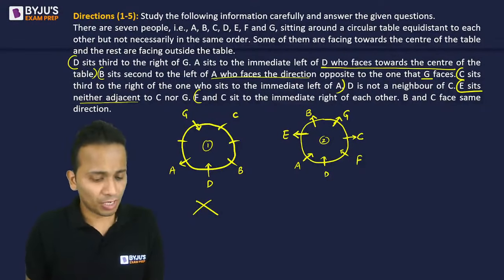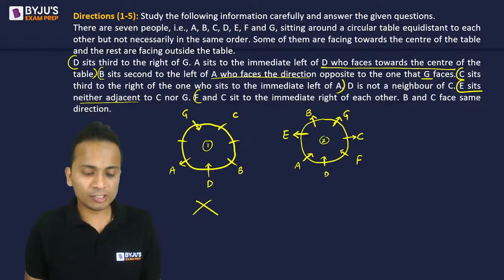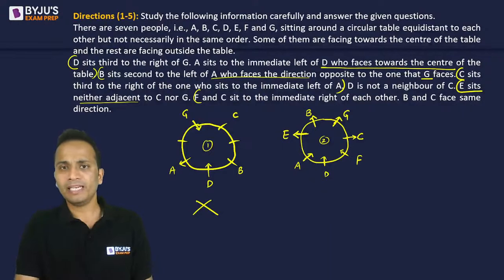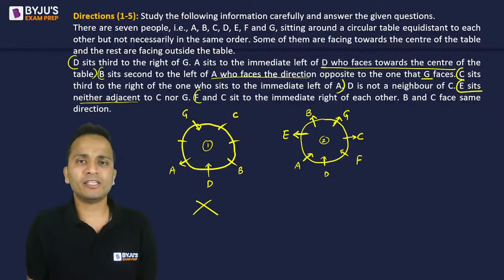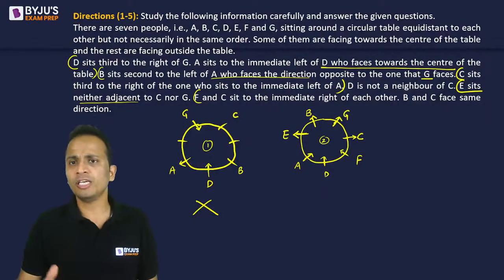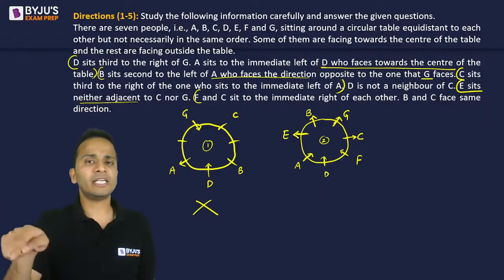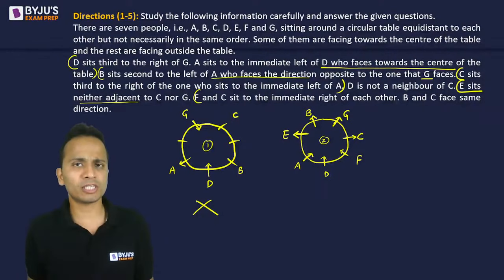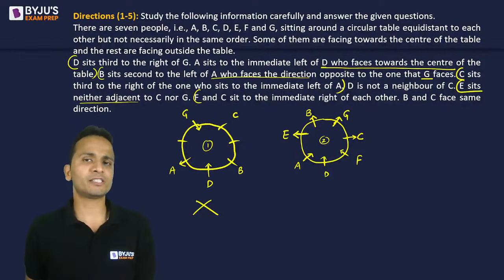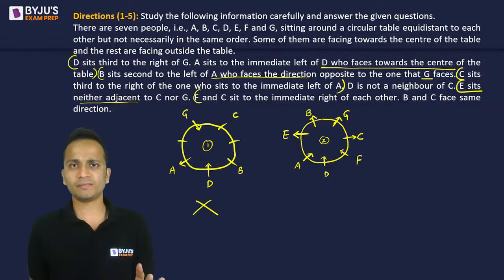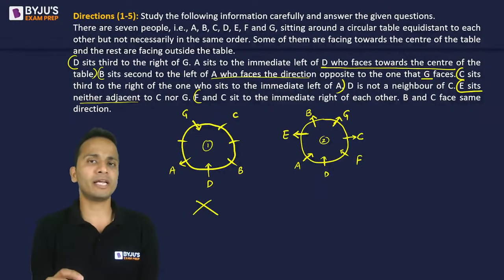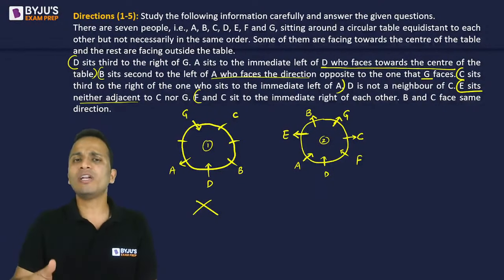Okay. Now, before I go to the question, Vidhi, you asked me how can we identify whether an LR set is easy or difficult. So, Vidhi, first thing is not just by looking at a particular set, we can determine whether it is easy or difficult. We can talk about the complexity of the question. Like in this case, people were sitting around a circular table, and they were facing different directions. So ये थोड़ा सा complex हो सकता है, but until and unless you invest 1.5 minutes, तब तक पता नहीं चलेगा. I'm talking about LR set. So after investing 1.5 minutes on a particular LR set, you will get to understand how difficult it is.